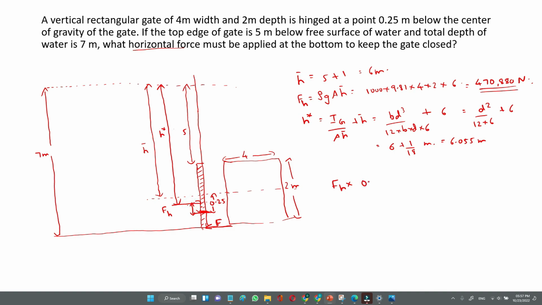This is equal to 0.25 minus 0.055. So this couple